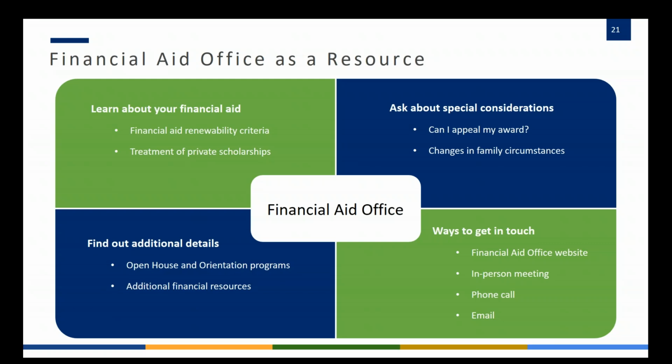There are lots of ways for them to get in touch. They can call, do in-person or email appointments, whatever it might be. They should definitely reach out to them, especially if they have any special circumstances. Sometimes families aren't aware that they even have a special circumstance, and just by talking to them, we may be able to find that out and recommend that they talk to the financial aid office. I've had that happen a couple of times just this week alone, where families have unreimbursed medical expenses that they didn't realize they could report to the financial aid office. Things like that, they want to let parents know that they should be working with financial aid.